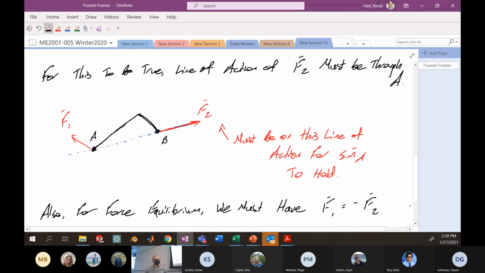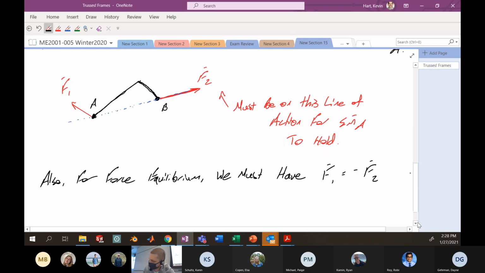This must be true. So if we're summing our forces and the sum of those forces must be 0, then F1 must be exactly the opposite of F2. Otherwise, if you sum the forces, it's not going to be 0. So that restriction, if we're in equilibrium, forces